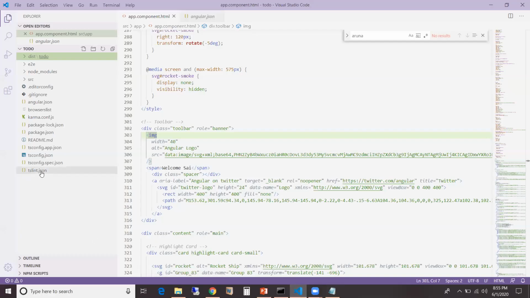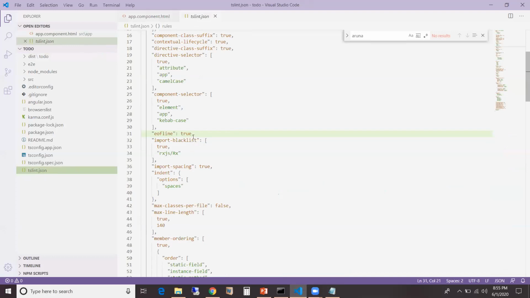So if we look at tslint.json, this has all the coding standards.